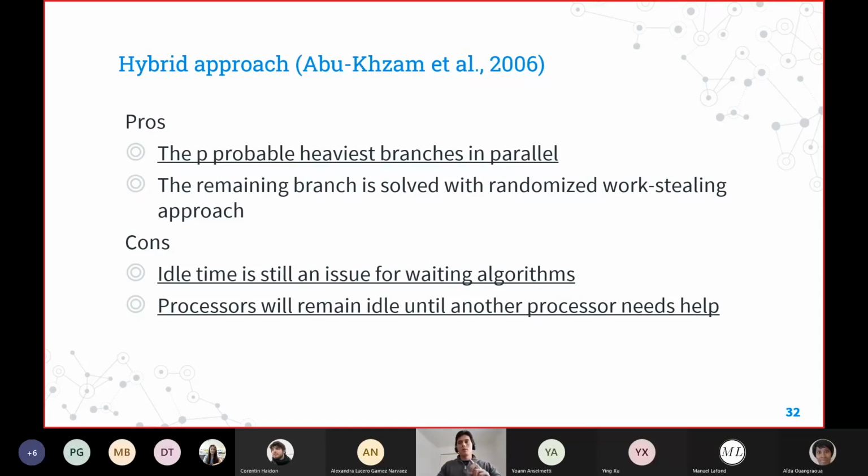But also, one of the things the hybrid approach is solving is that in the first approach, processors were returning, they were not helping the branch. And in the previous one, we are just distributing tasks randomly. That means that we probably will just not be distributing tasks exactly for the first logarithm base 2 of p, where p is the number of processors. Everything is going to be more clear in this.